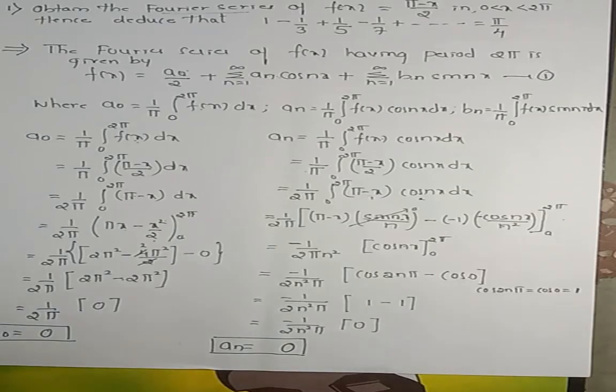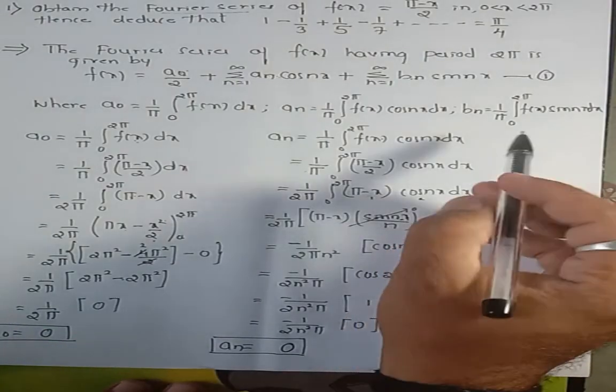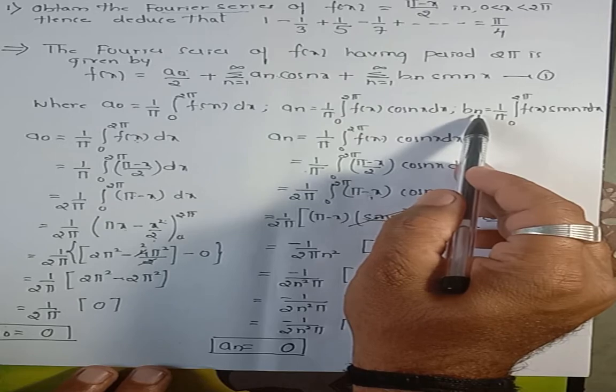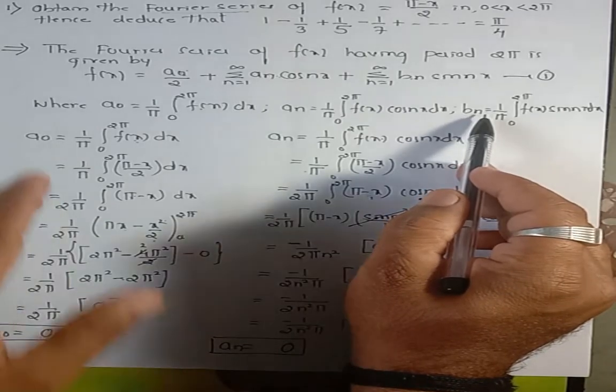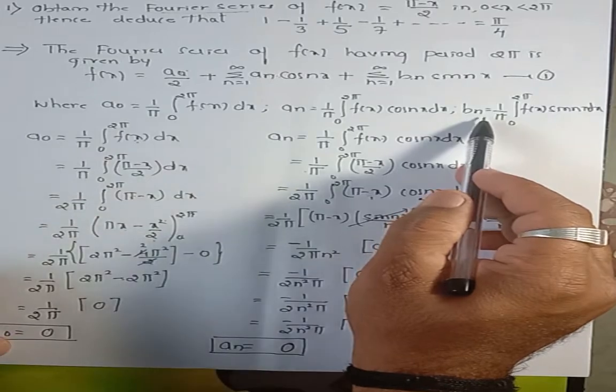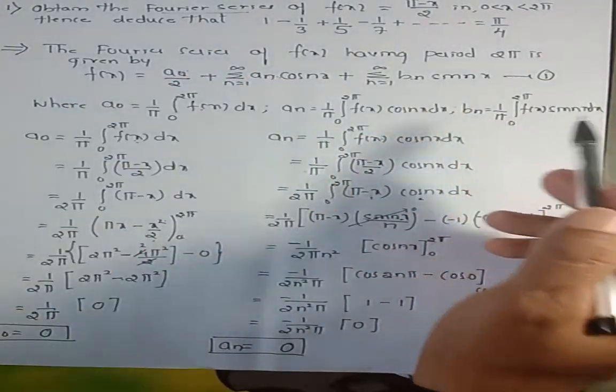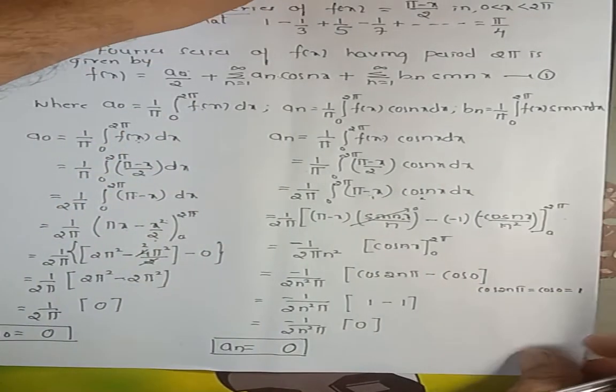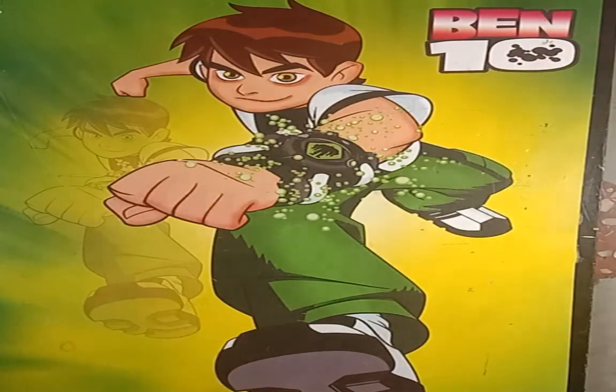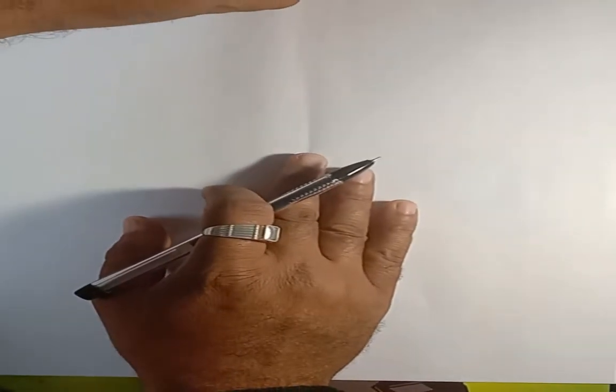Okay, now let us move to find the last Fourier constant bn. Now you have calculated a naught, you got 0, an you got 0. Now let me calculate bn. So to calculate bn, let me start. Okay, let me start this one. Bn is equal to